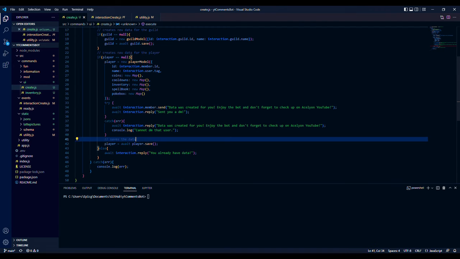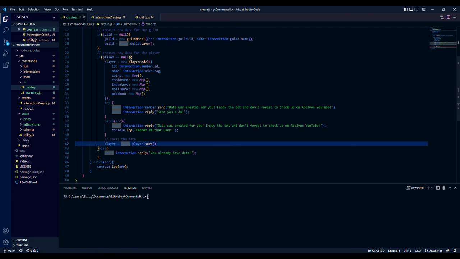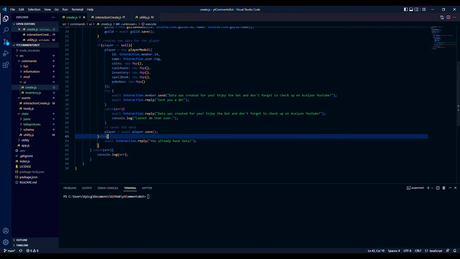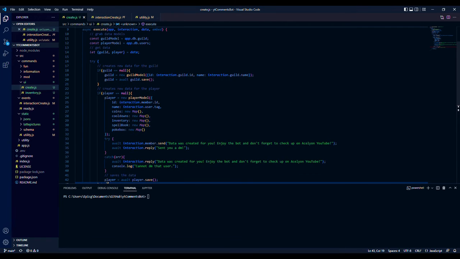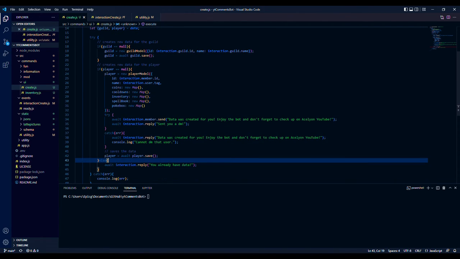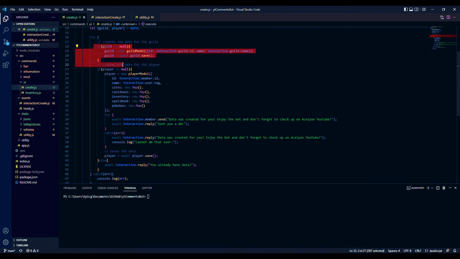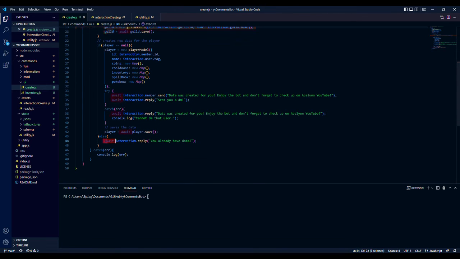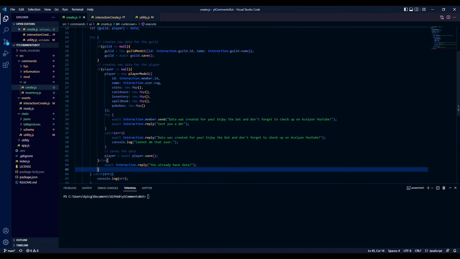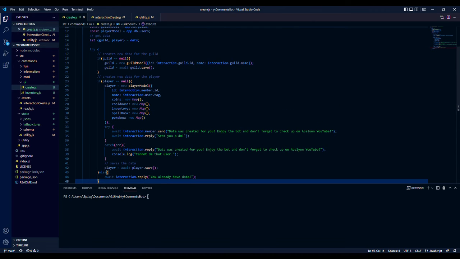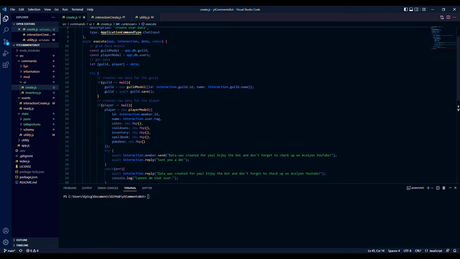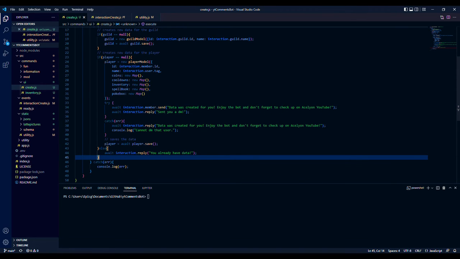Then to save the data, player equals await player.save. Now save the player data. Then in our else, after this if statement with player, pretty much if we try to run this command again, it will again run through here, but it'll say we already have data. So what I will probably do is, I think we can make this much better and do,